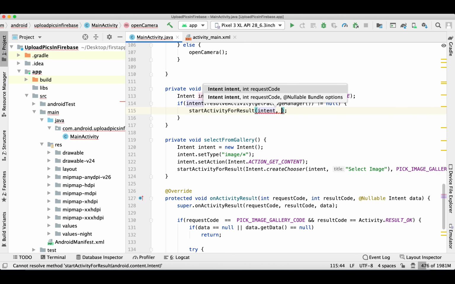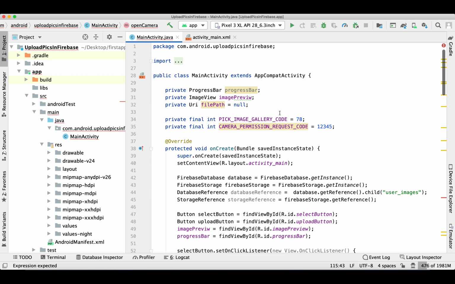And similarly, we'll call the start activity for result with the request code.